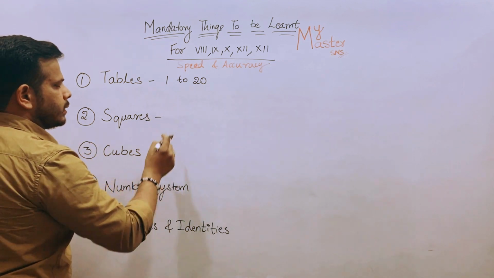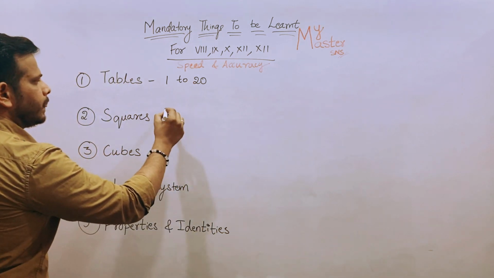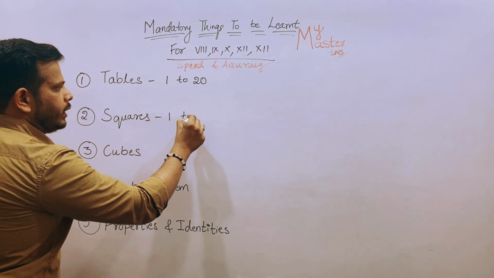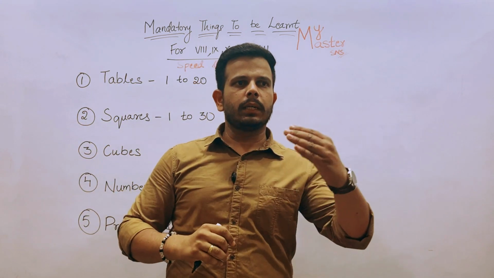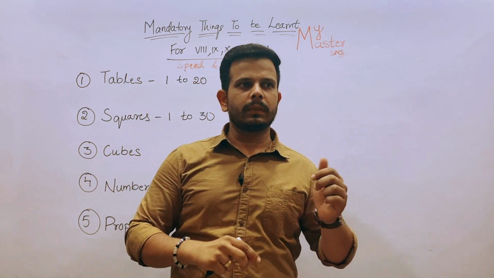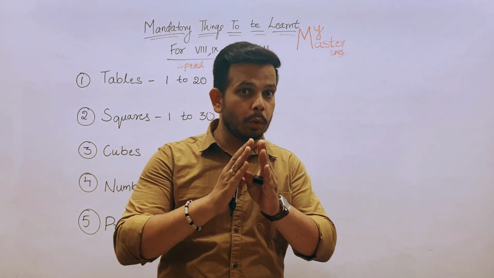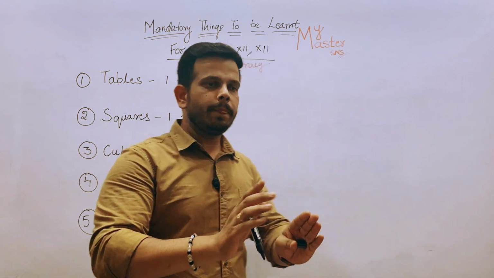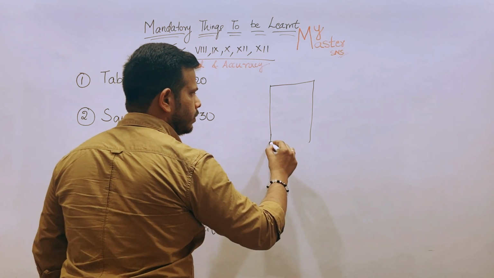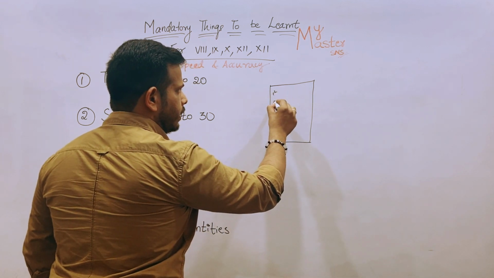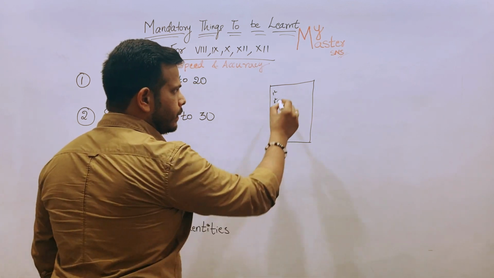Next, squares. Master, how to remember squares? I will tell you. 1 to 30. I can't tell you any shortcut or some easy way or connecting something, but I can tell you how to learn them and remember them. Take a white paper, write 1 square, 2 square, 3 square, till 10 square,